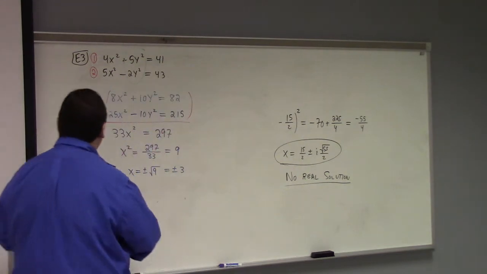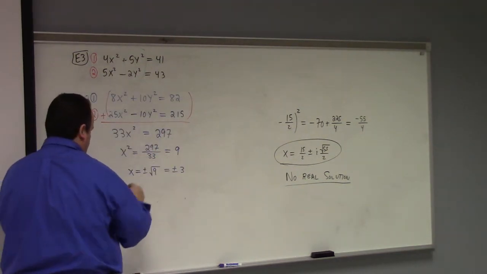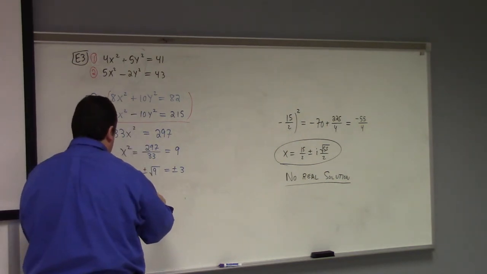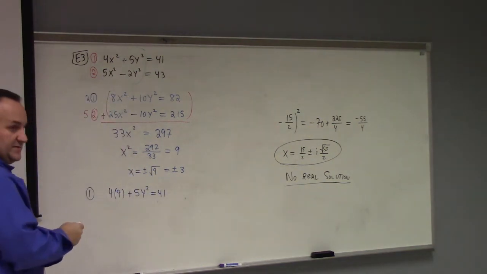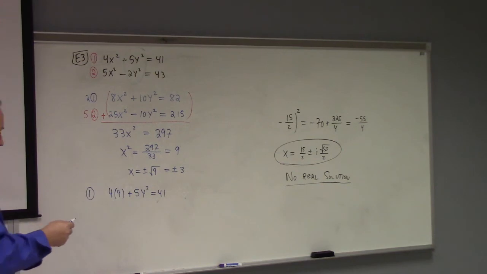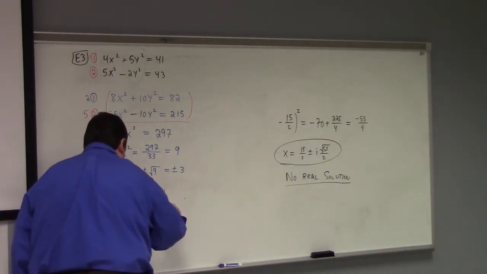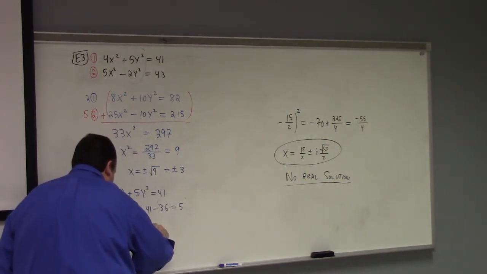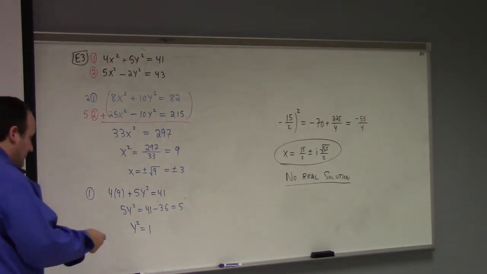Don't be dumb about it like me. 4 times what? x squared is 9. So 4 times 9, and then plus 5y squared, which we don't know yet, equals 41. 4 times 9 is 36. So we've got 5y squared equals 41 minus 36. 41 minus 36 is 5. So lo and behold, we've got y squared equals 1. Taking the square root and allowing for plus minus, we get y equals